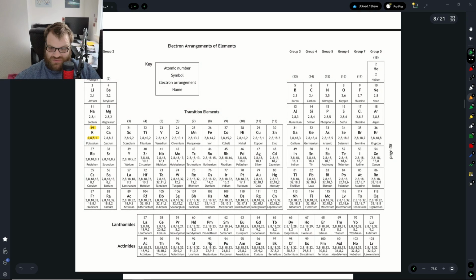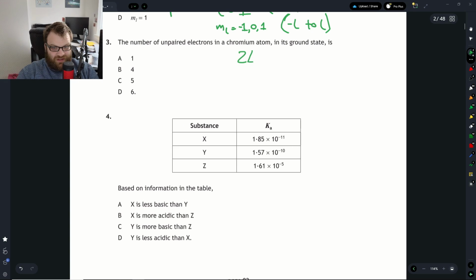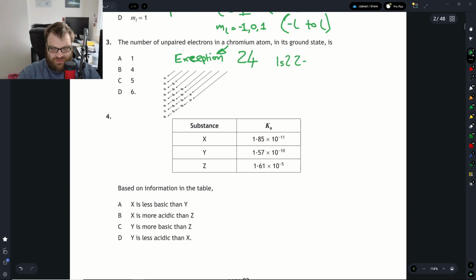Moving on to our next question, we're asked about the unpaired electrons in chromium. Check how many electrons chromium has. Chromium is hiding. There we go. It has 24 electrons. At this point, chromium is one of our exceptions. This means that it doesn't quite follow the fill-in process that we've talked about before. We'll start off as if it would: 1s2, 2s2, 2p6,